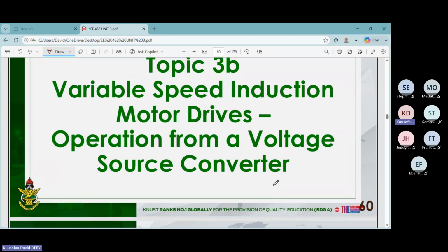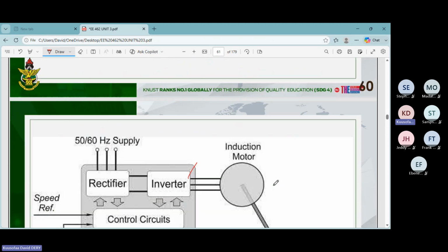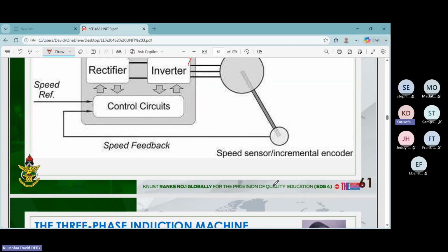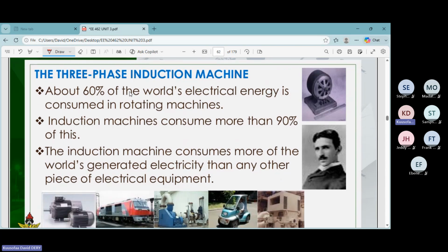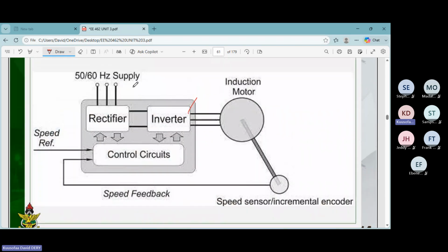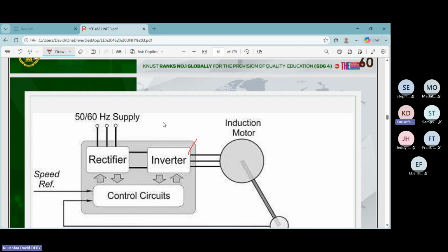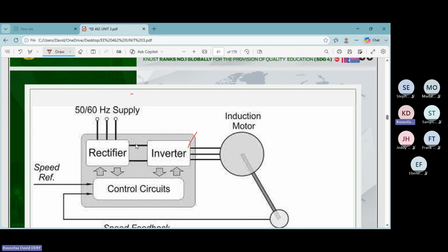So let's continue with the variable speed induction motor drives. We'll just lay the foundation and then next time we'll continue. So this is basically the equivalent circuit that we have, the variable frequency induction motor equivalent circuit. When you look at the power converter, this represents the induction motor. We have a speed feedback coming to the control circuit, and for the power electronic device, we have a rectifier